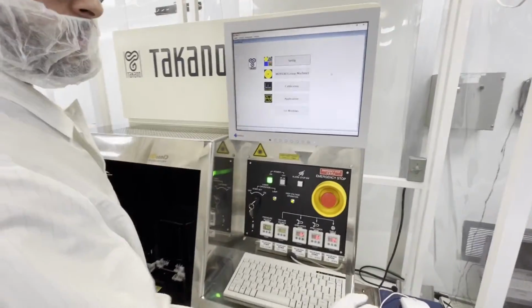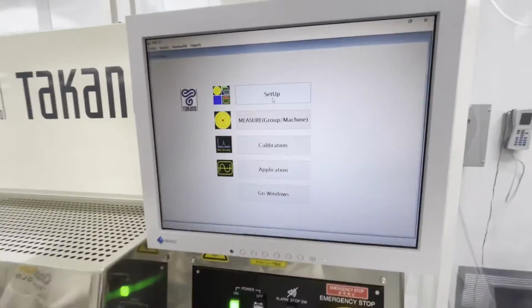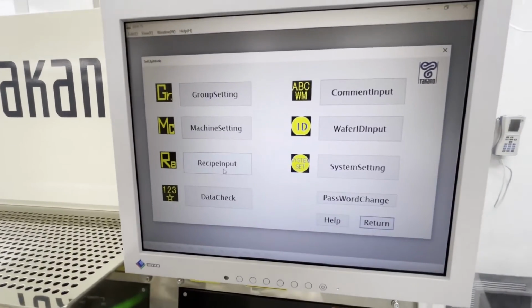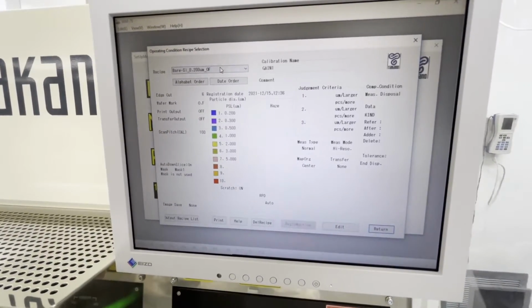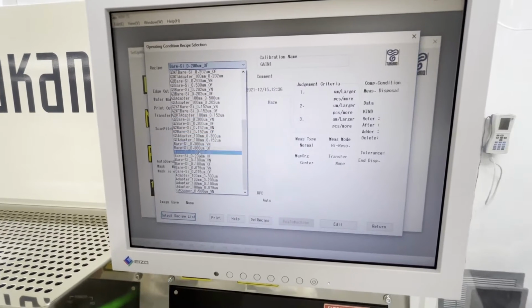Today here's an advanced video on how to create a recipe on the WM-7S. So we go up to Setup, we go to Recipe Input, we click on a recipe that we want to edit,